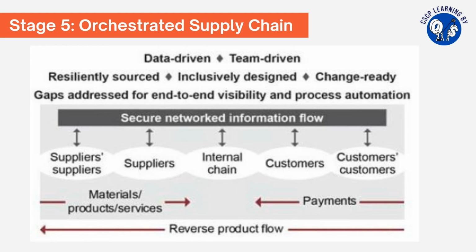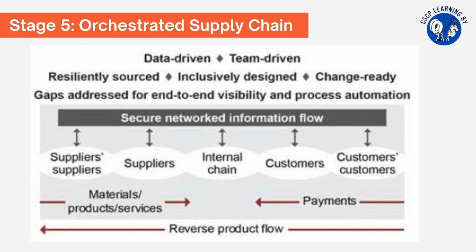Achieving this isn't just about using advanced technology. It also requires skilled leaders and teams who can use these technologies effectively and adapt quickly to changes. So, it's not just about the tools, it's also about having the right people and processes in place. In this stage, security, resilience, which means being prepared for unexpected challenges, value realization, getting the most value out of your supply chain, and coordinating people and processes become even more important. It's like taking the supply chain to the next level by optimizing everything and gaining a real advantage over the